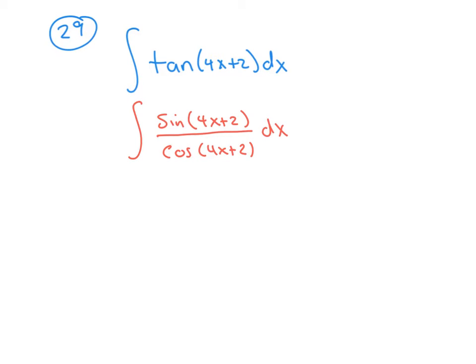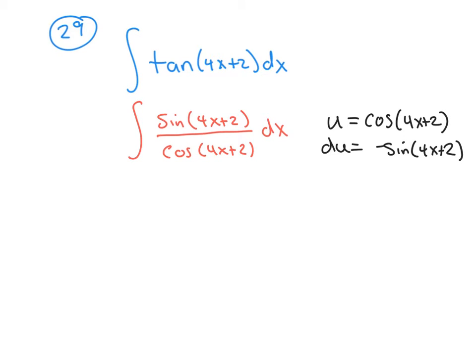But now this will let me think of a substitution idea, because if I let u be that denominator, then du is going to be the derivative of cosine, which is negative sine,